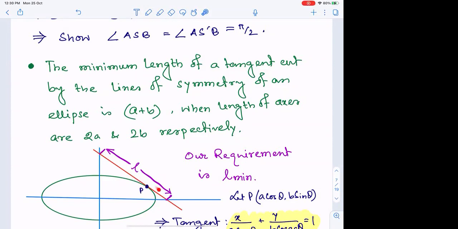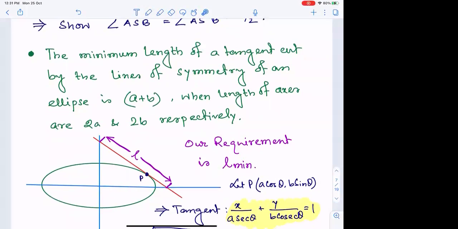Okay, so we are thinking of minimizing this length L. Firstly, we have considered how we should go for the tangent. As you can identify over here, neither the slope nor the point of tangency has been given any priority. As we already decided earlier, if nothing is given priority, we will go for representation in terms of point of tangency. It will also be useful because in terms of point of tangency, we get the tangent in intercept form.